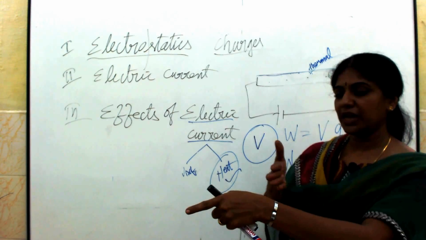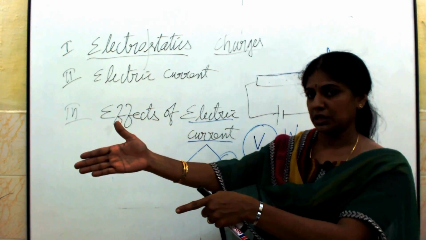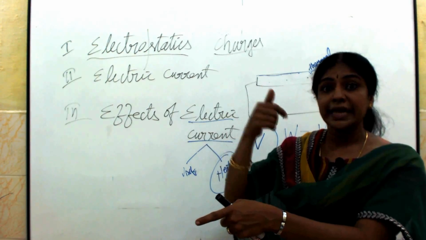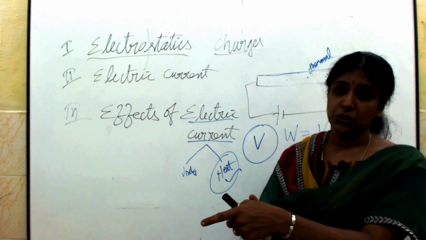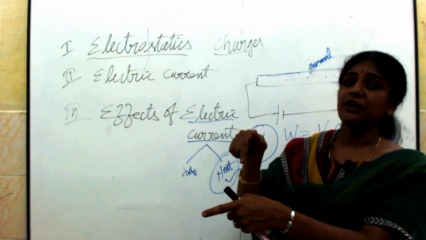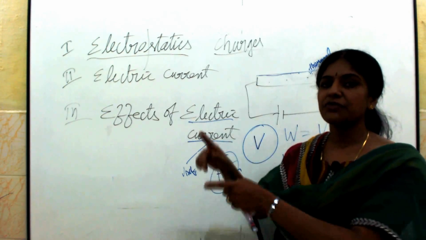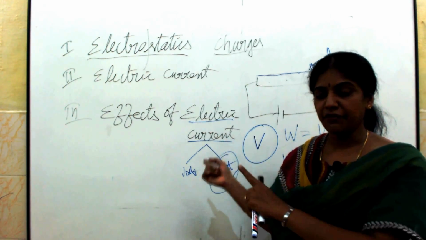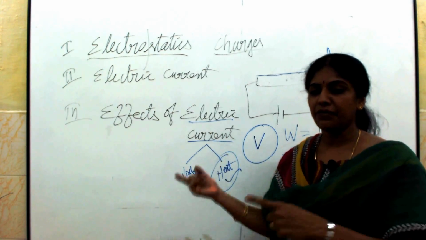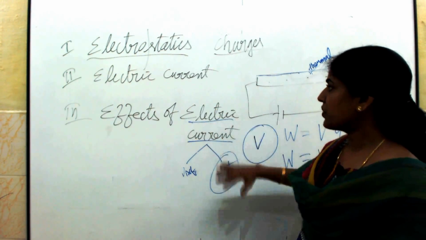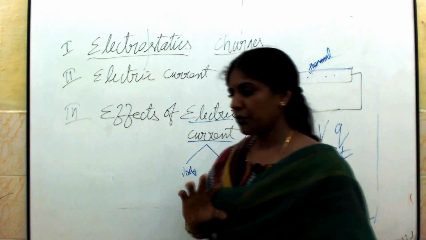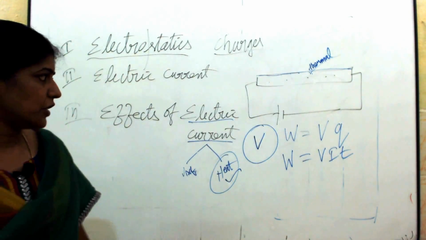We know that already. Whenever a steady current flows in a conductor, there will be a magnetic field around it. Because of that, it gains the magnetic effect also. That we call the magnetic effect of electric current. That also we are going to see in this. So both we are going to see: the heating effect of electric current and the magnetic effect of electric current. Both we are going to discuss in this third chapter, effects of electric current. Now you know what is meant by heating effect of electric current.